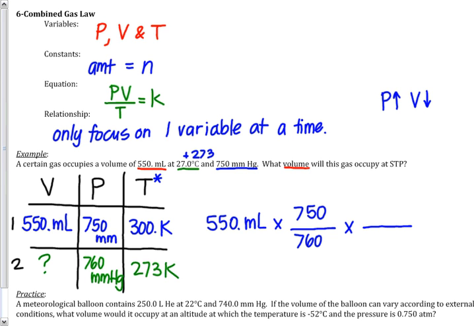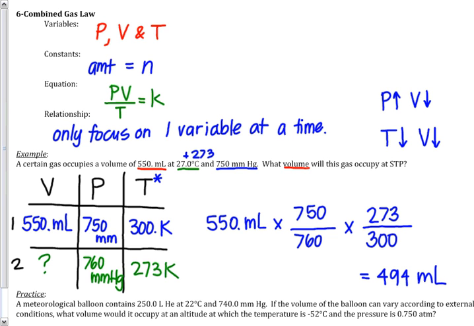Do that as its own separate fraction. The temperature starts at 300 and drops down to 273. According to Charles' law, when the temperature drops, the volume should drop. And so what we're going to do is take the 273, the smaller number, over the bigger number, because we want that volume to go down. Now all you have to do is some math in your calculator, and you should get a final answer of 494 milliliters